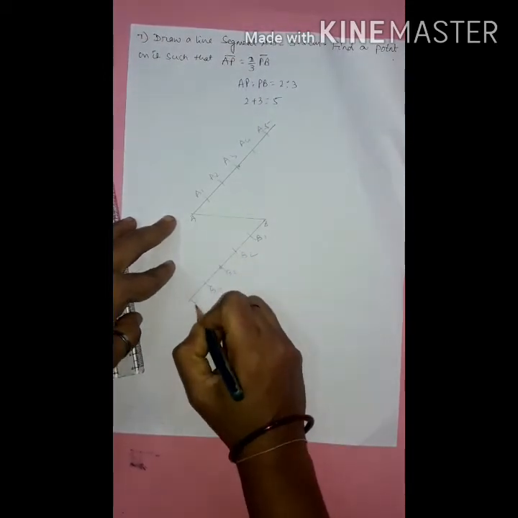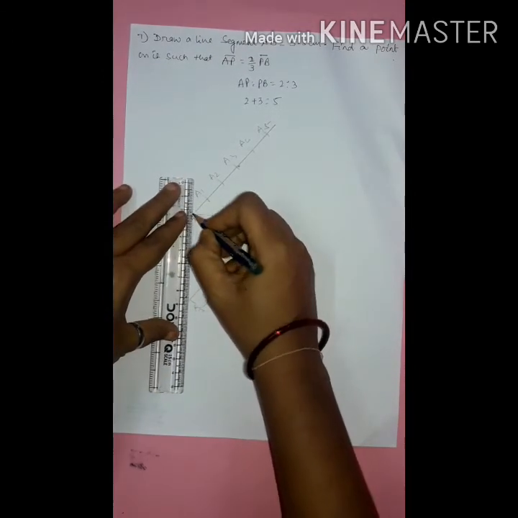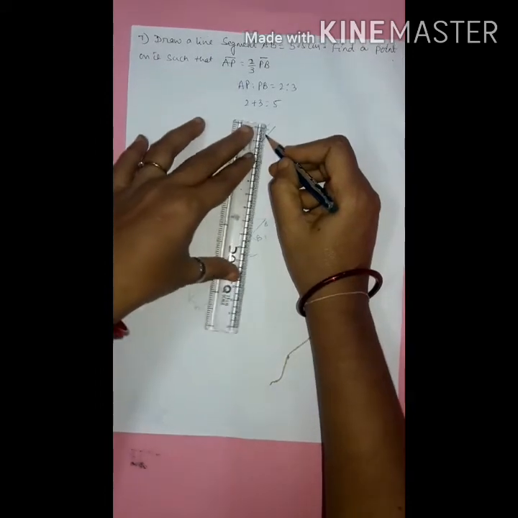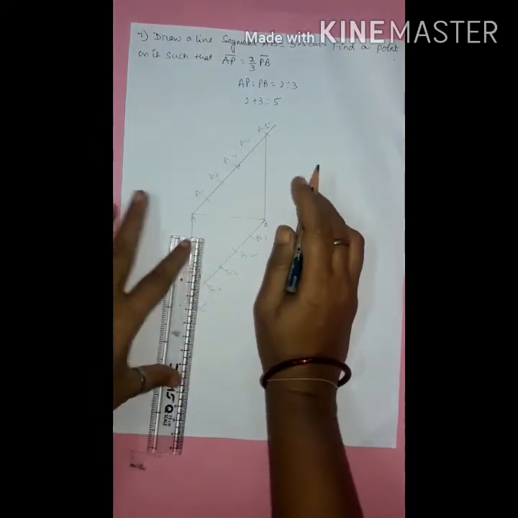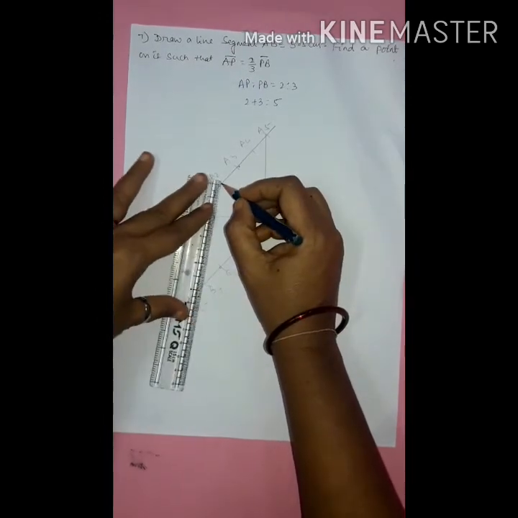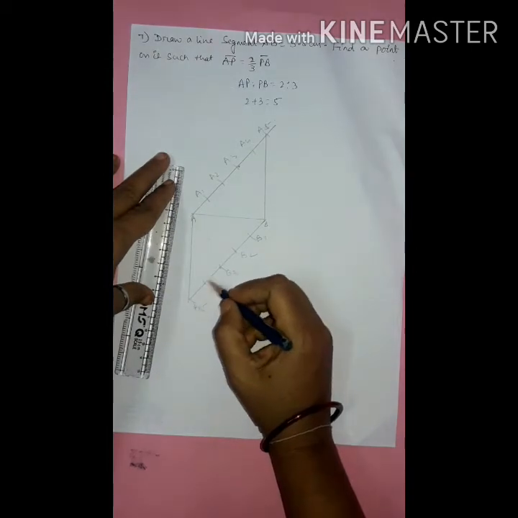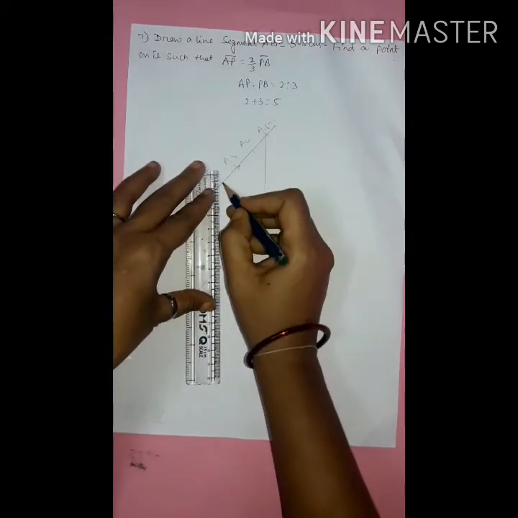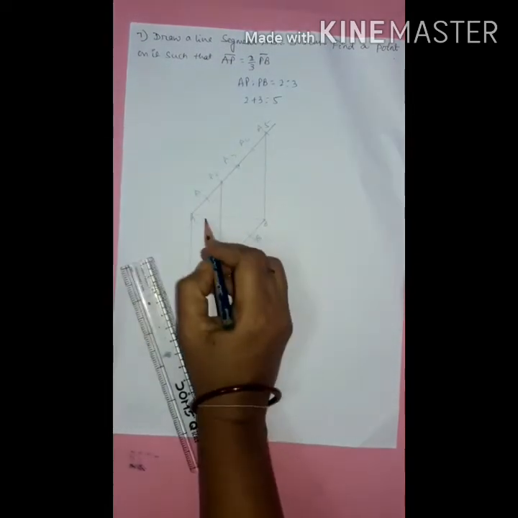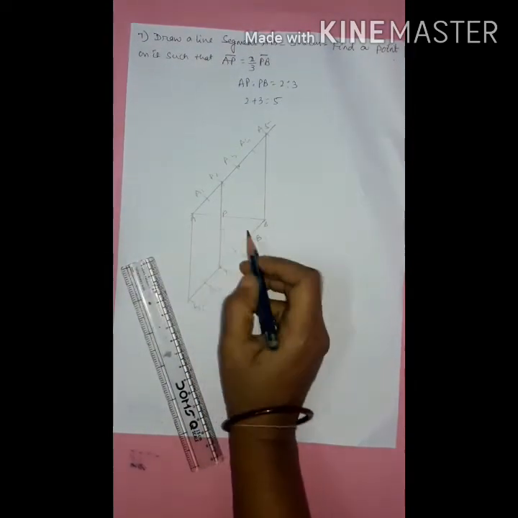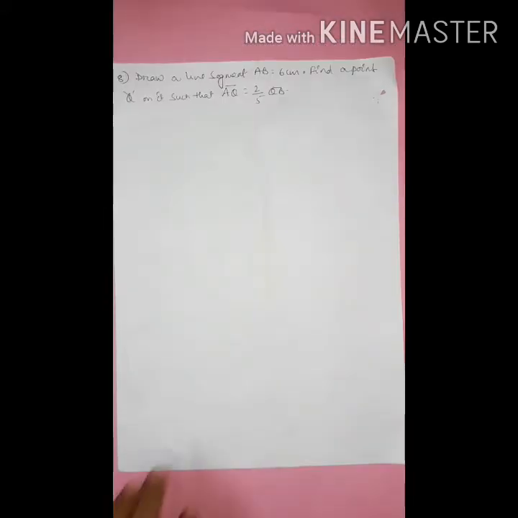So what you will do, make this A1, A2, A3, A4, A5, B1, B2, B3, B4, B5. Now A2, B5. Now A5, join this one. It is 2 by 3 parts. So A1, A2, yeah, this one, and we have to join 3 parts: 1, 2, 3. So A2 to B3. Make this T. So 2 is to 3. This is the answer.